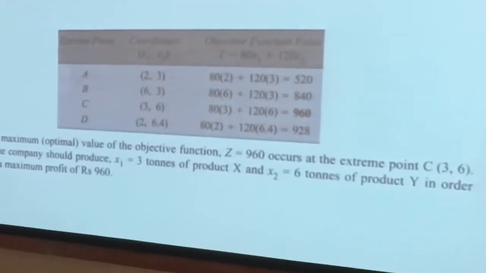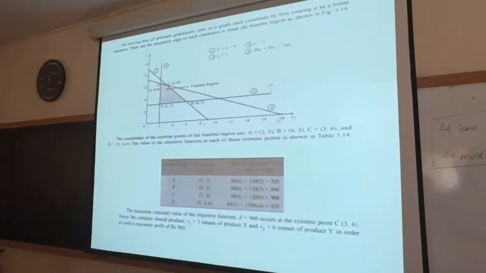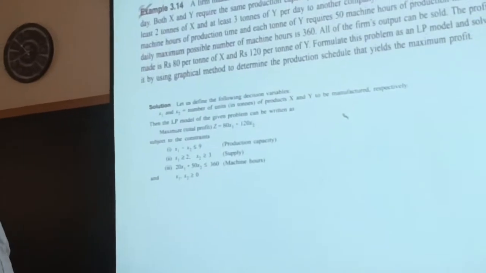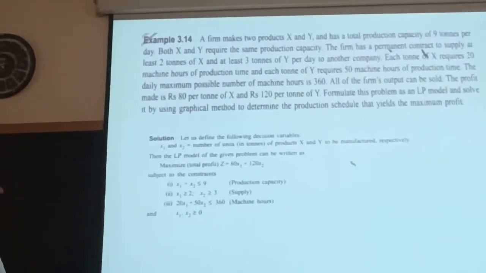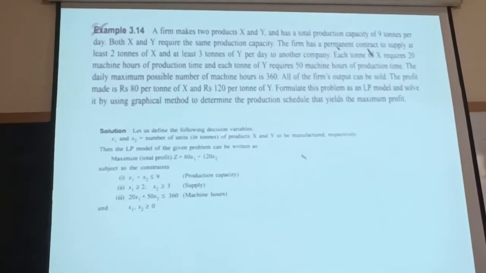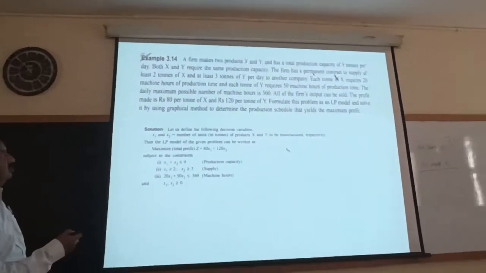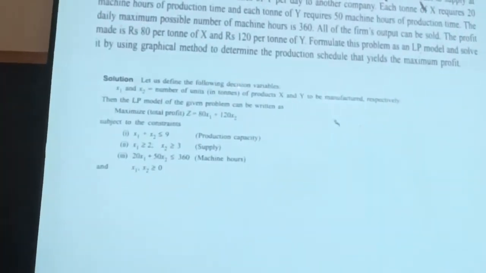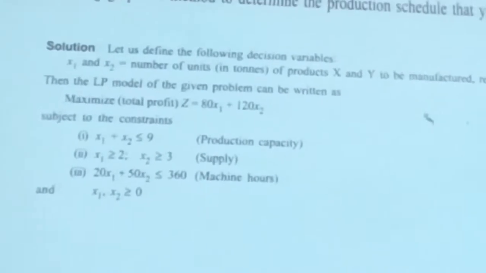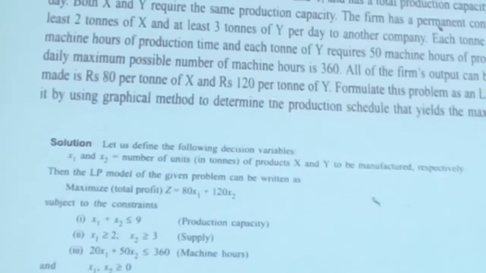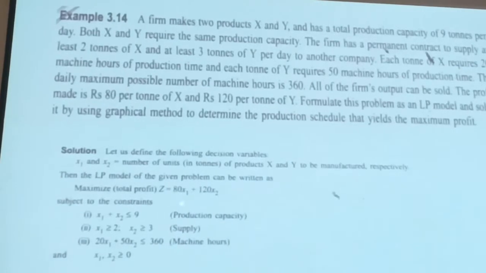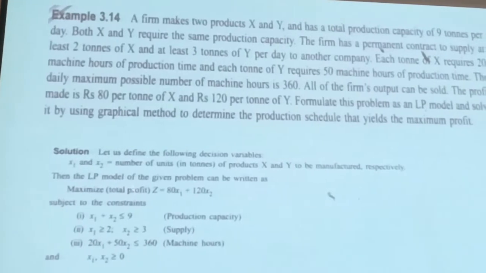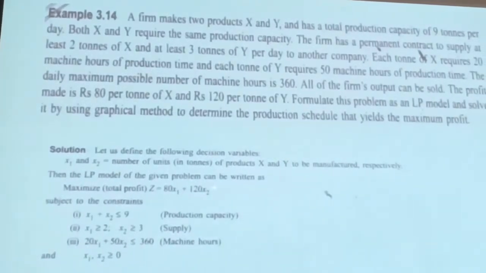Okay, so therefore this is a typical exam kind of problem, and therefore your procedure should be, once you see any problem, then we need to identify decision variable. What do I need to decide? Here I need to decide how many tons of x1 to produce and x2 to produce. That's our decision variable. Okay. Once we know that, we need to know what we are deciding x and y for. For maximizing profit. So therefore we have drawn up an equation for profit, and we want to maximize it. Maximize what? Total profit. That's z equal to 80x1 plus 120x2.